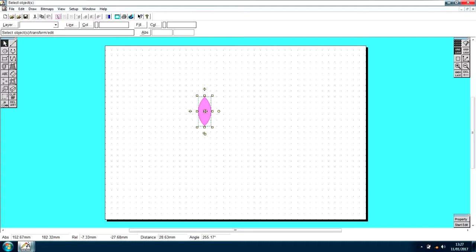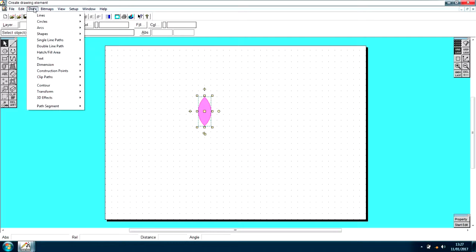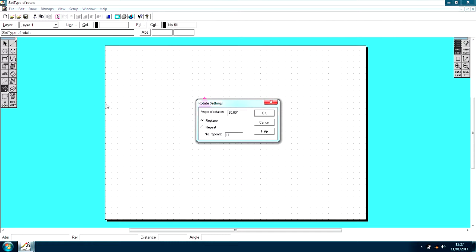I'm going to select the shape that I want to repeat, and up along the top of the toolbar, you'll see a menu called Draw. I'm going to click on Draw and go down to Transform, because rotate is a transform effect. And then press Rotate. Now this is where we can type in our golden angle. So our golden angle was